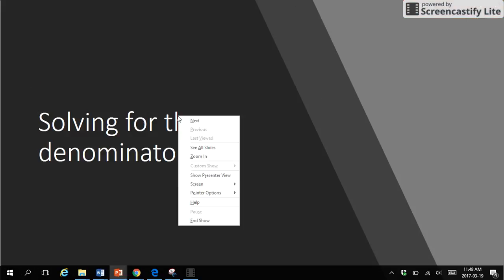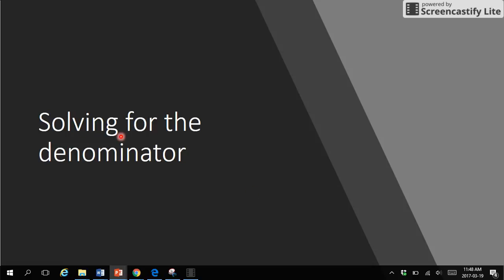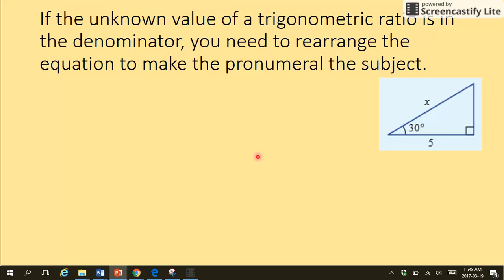Alright, so today we're looking at solving for the denominator. Now, we've always solved for the numerator, not for the denominator. So, being the opposite, you can imagine that the opposite things happen. Okay, so this is what you need to write down. If the unknown value of the trigonometric ratio is the denominator, you need to rearrange the equation to make the